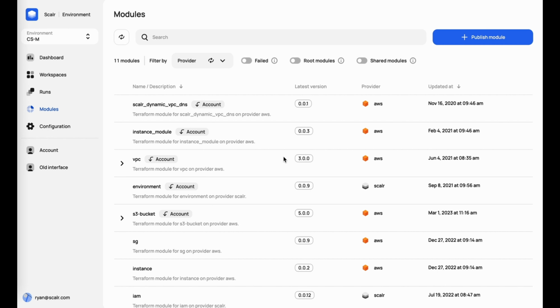In the first use case, we talked about using the module registry really as a library repository of approved modules. So here you see we're in our CS-M Scalr environment, and we have a list of modules here that our DevOps or platform team has approved. Now you'll see some of them actually have the label account next to them. And what that means is that these have been created at the Scalr account scope and have been shared down